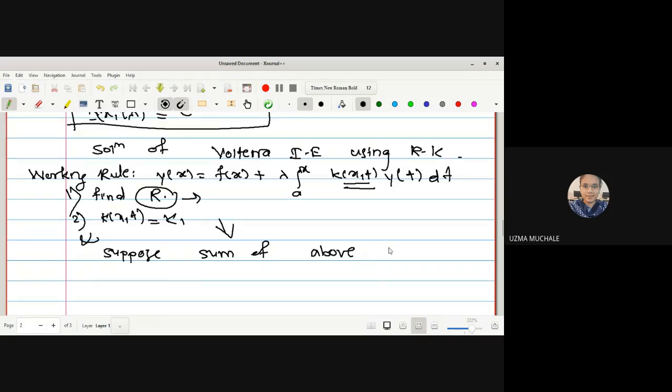Now, if you are getting the sum of the above infinite series, just like in the last example, we found it in terms of e raised to something, in the form of e raised to xt or anything else, then the required solution of the above integral equation